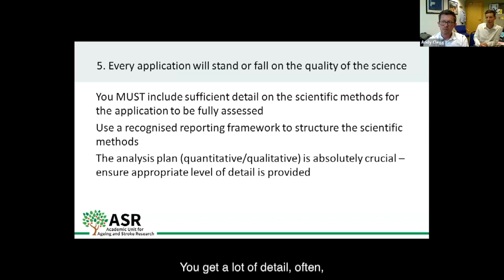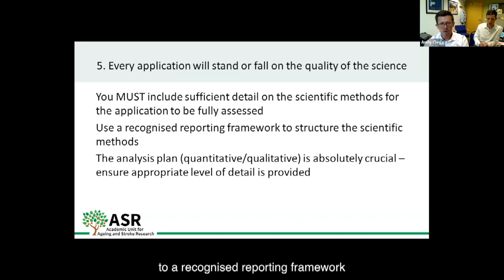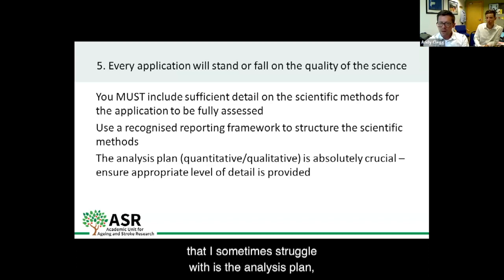Actually, you often get a lot of detail on the background and setting the case, which is important. I absolutely get this, and I understand myself how hard it is to write a concise application. But you often see that an application's been poorly structured, so it's hard to follow the flow of the application. For that, I always recommend trying to link it to a recognised reporting framework for structuring your scientific methods. But linked to that, the big area that I sometimes struggle with is the analysis plan, both for